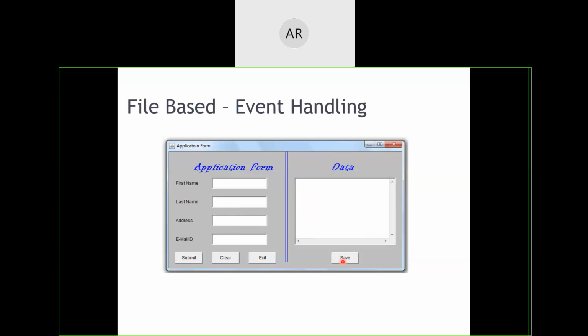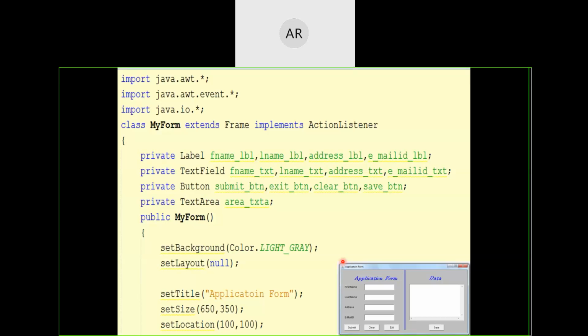But this application is not so simple. It looks very simple graphically, but its coding is not simple. It's very difficult. I have written the entire code for you. You can go through this code and try to get to know what I am trying to do.